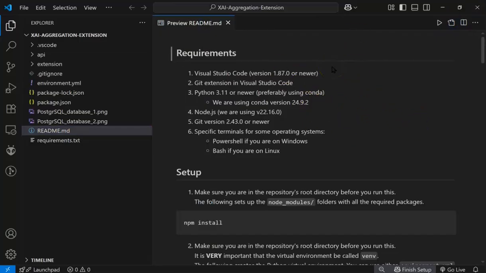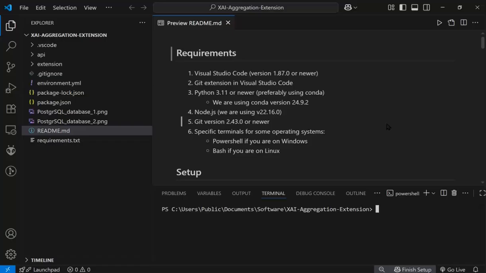So the VS Code version that we have is about version 1.103 or so. That's more than enough for running the extension. So you also need Git, Python, and Node.js. In order to check that you have what you need, you can just check your terminal. So I already have the required things here,